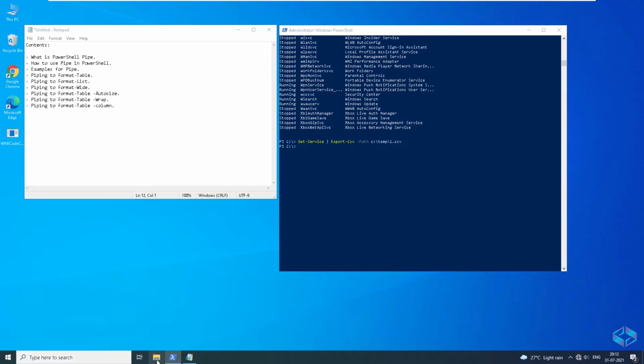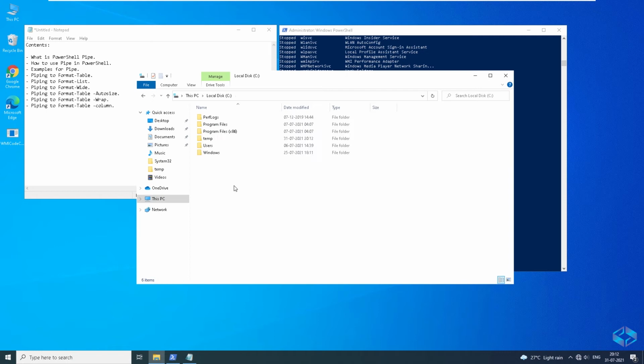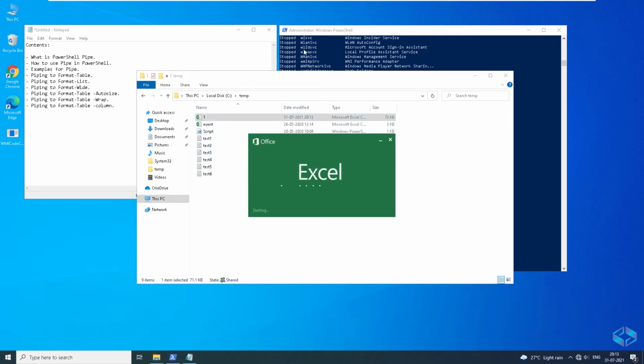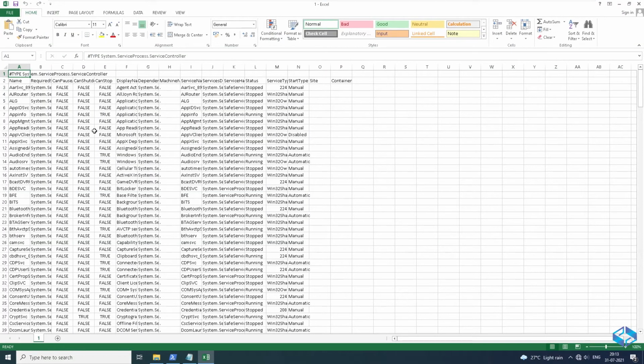If you would like to see that, we can go to the C drive, then temp, and open 1.csv. You will see the same services listed, with all the details, the state, and everything.